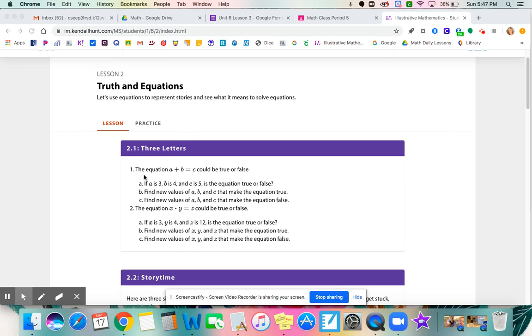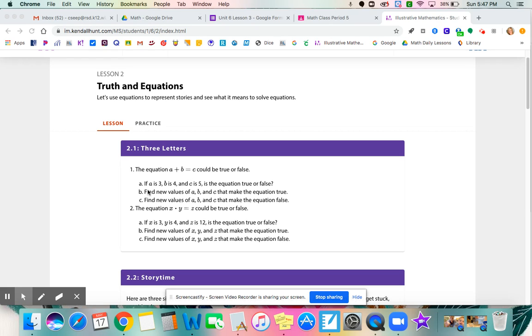So we're given an equation, A plus B equals C. So these letters are representing numbers that we don't know at this point, but it's showing if I add two things together, I get a different answer. So they're wondering below between